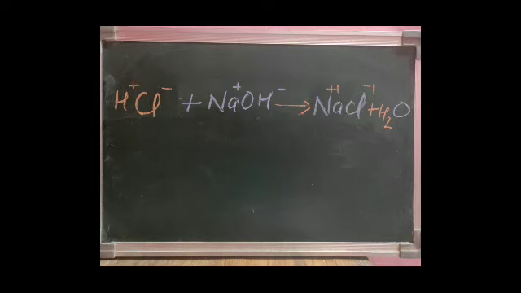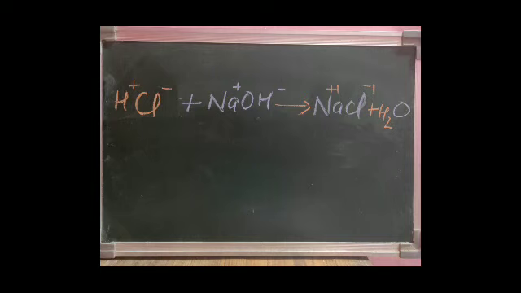As you know, when we dissolve HCl into water, it dissociates into H positive ion and Cl negative ion. Similarly, the base, which is NaOH here, also releases ions when dissolved into water, Na positive ion and OH negative ion. As both the acid and base produce ions in the water,